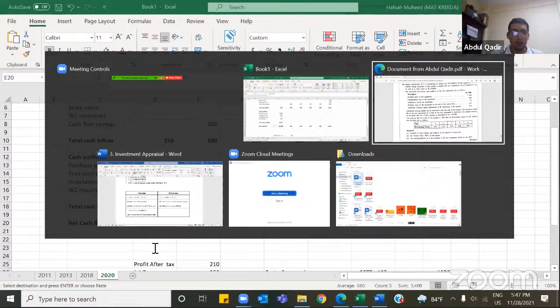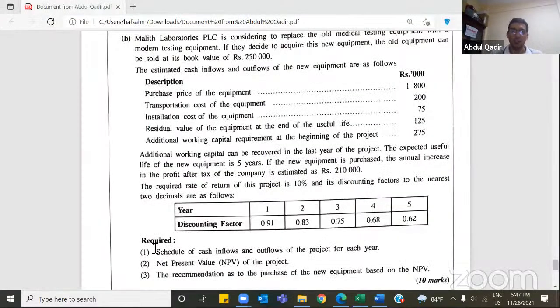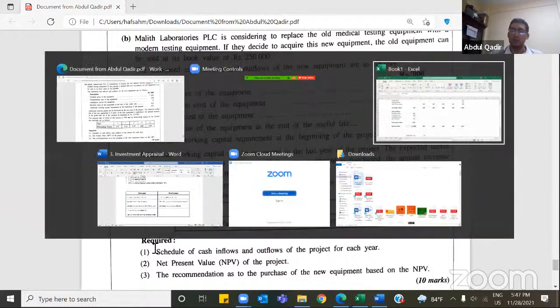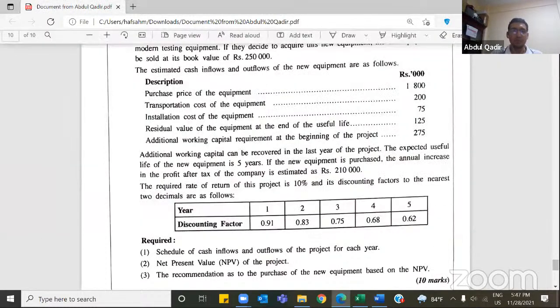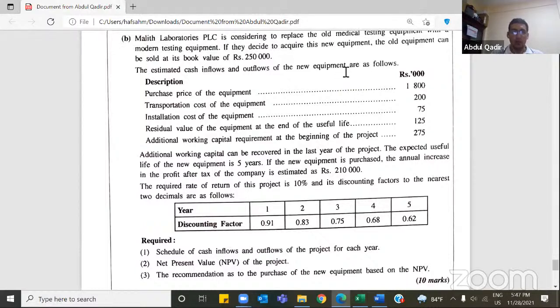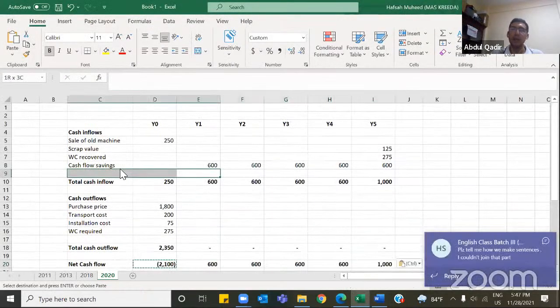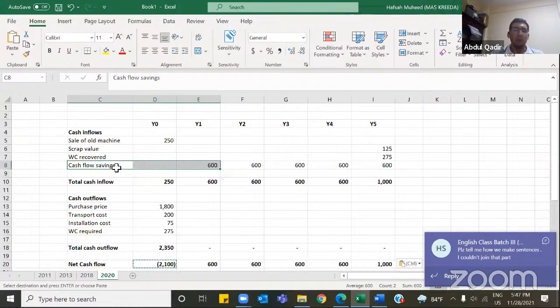That is a question. Yeah, schedule of cash inflows and outflows of the project, right? This is a question. 1 second. Should we add the depreciation with the profit? Yeah, I mean, it's good if you can put it together because you're putting it as one line item, right? Because profits is not a cash inflow, right? And depreciation, we don't put it separately, right?